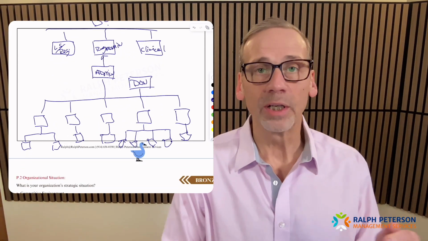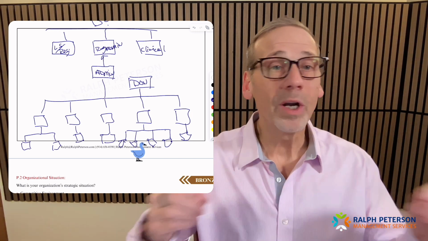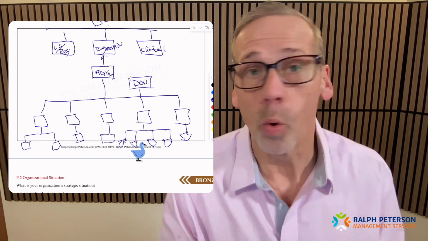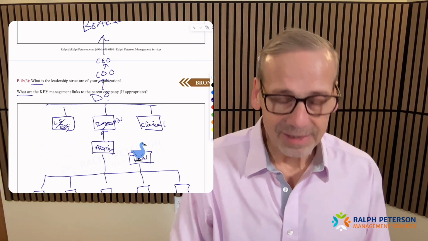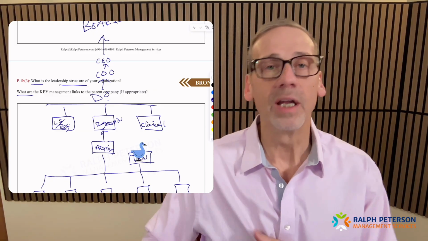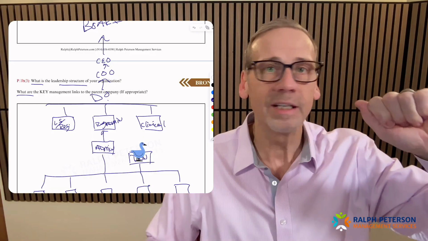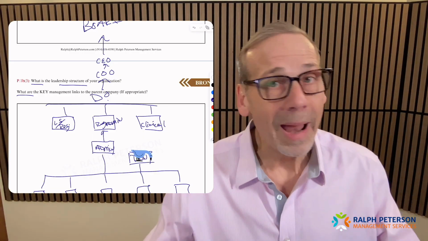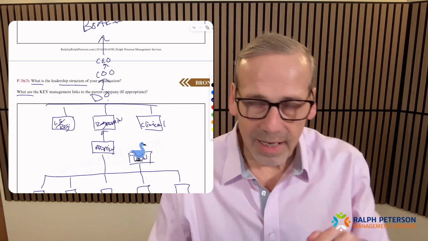First and foremost, we're looking for the reporting relationships. And remember, here at the Bronze level, we're not drawing pictures. You're not going to be submitting graphs. You can't submit an org chart. What you're going to do is explain it to us. So you're going to say something like, XYZ Nursing Home's leadership structure of our organization starts at the top with the nursing home administrator or the executive director at the assisted living center, and then maybe you have a director of nursing, maybe you have a nurse manager or whatever, right? You're just going to go down the line like that.